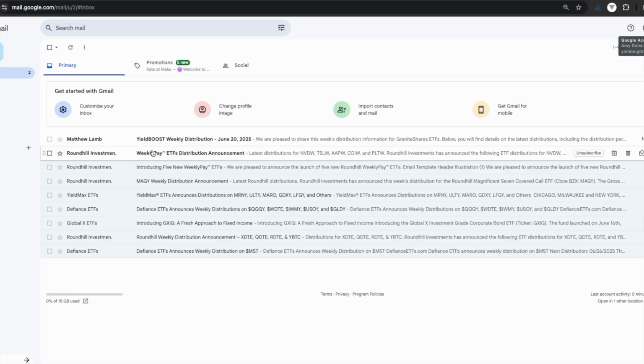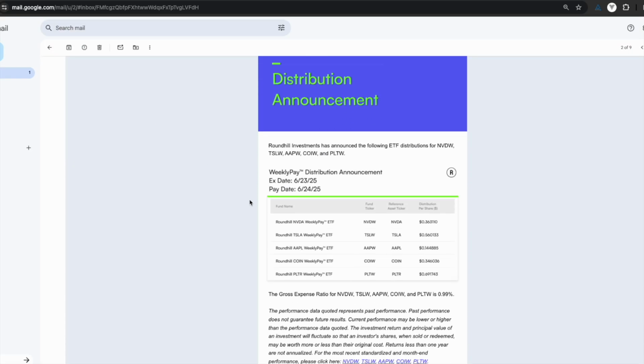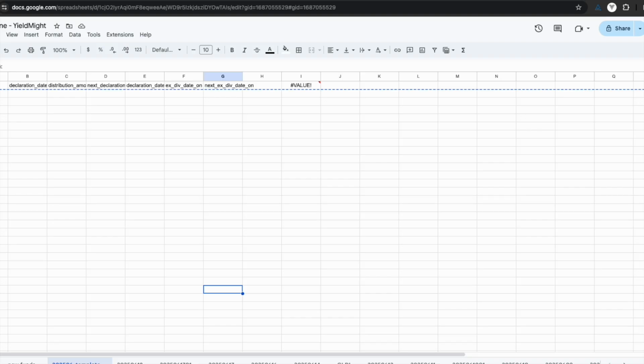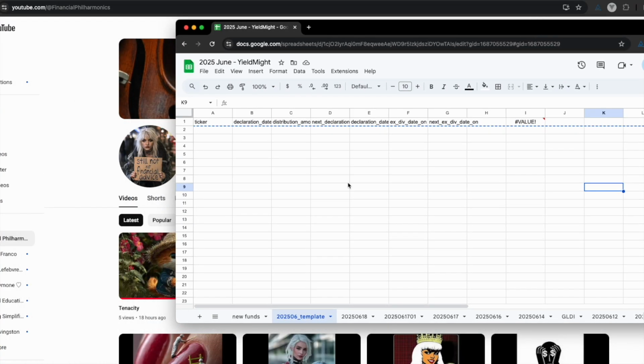So if we go to the weekly pay, we have NVDW, TSLW, AAPW, COIW, and PLTW. And this is my YieldMight Excel spreadsheet. So basically I just duplicate it and rename it to today's date.